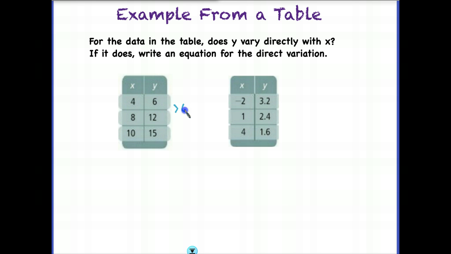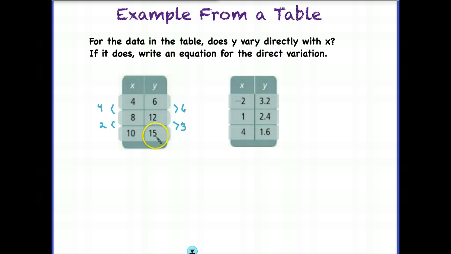So we're getting 6 here. We are getting 3 here. So on first glance you would say no, but notice how our x's are not going up by a constant amount. So let's look at the change in x. 4 to 8 is 4, and 8 to 10 is 2. So since these aren't going up by a constant amount and these aren't going up by a constant amount, let's